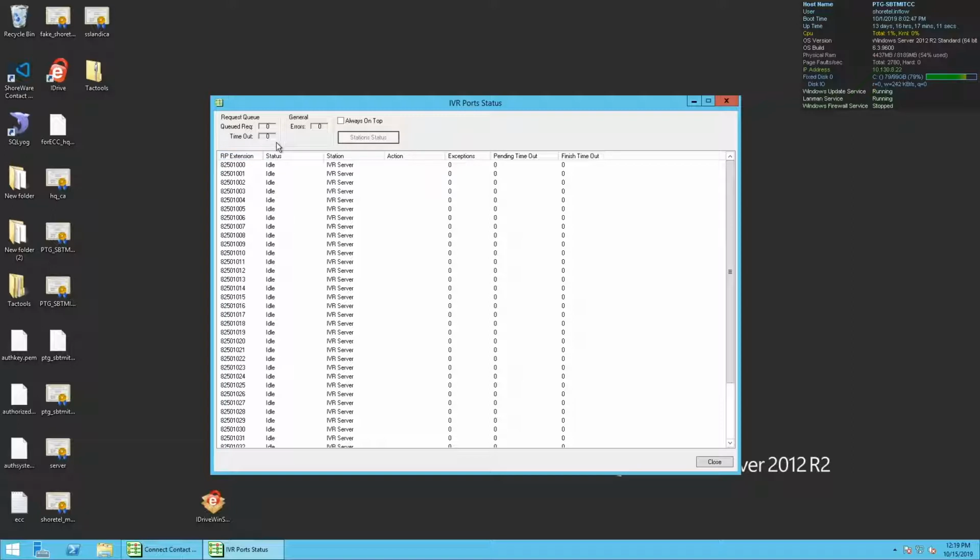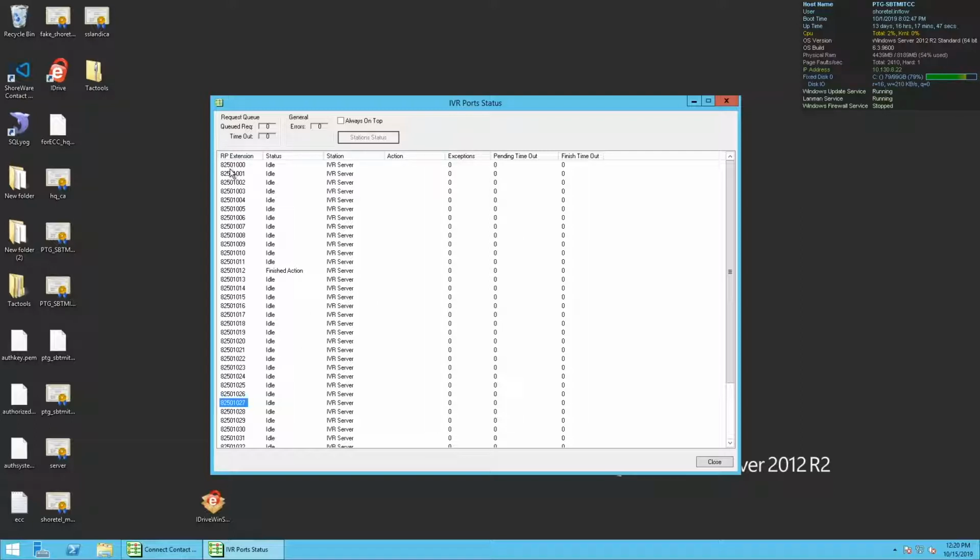And this is super handy, especially if you're having issues with people randomly not being able to get into the system. Because what this will do is allow you to not only see where the errors are occurring, if it's a specific route point, if it's all the route points, but you'll actually also be able to see the route point extensions here, which is super important. And this generally doesn't come up except for outside of the install step. But if you have just, for example, added more IVR ports or have made any adjustments to those IVR ports for any reason,